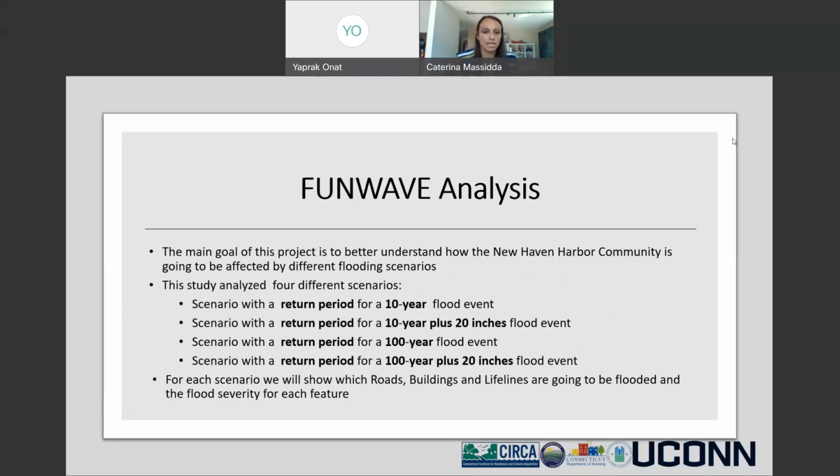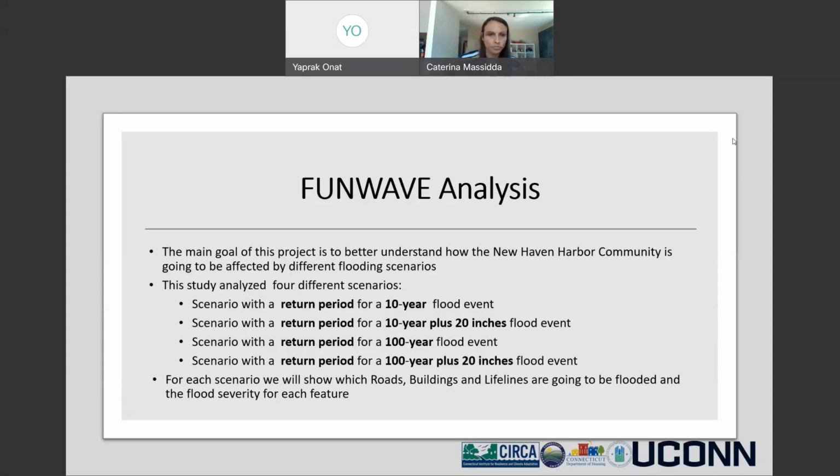We analyze scenarios with a return period of 10 years plus 20 inches, which is the sea level rise projection for 2050, and 100 years, and 100 years plus 20 inches, which is how an extreme flood event can look in 2050. For each scenario, we will show which roads, buildings and lifelines are going to be flooded, and the flood